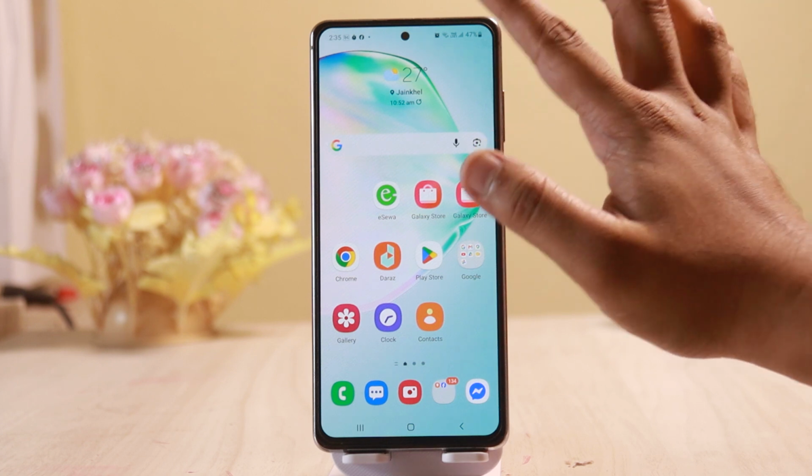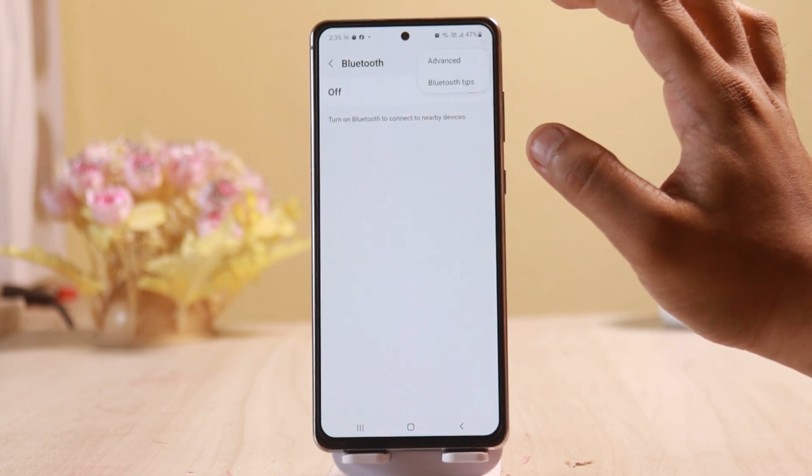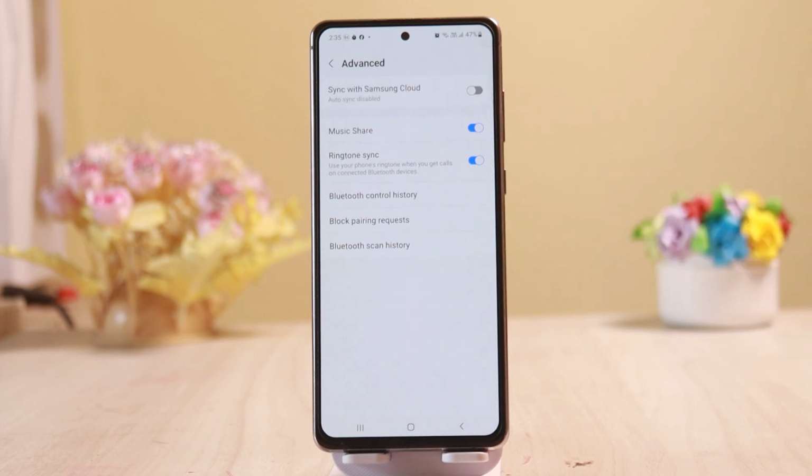One more thing that you can try and do is head over to your quick settings, head over to Bluetooth settings, and then from here what you can do is head over to advanced. Once you're inside advanced, what you can do is you can toggle off call audio sharing if it conflicts with